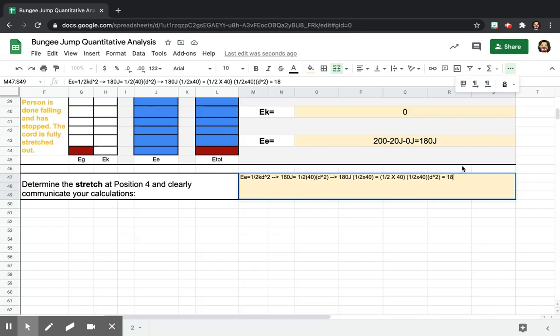So 180 joules, 1/2 times 40 equals d squared. That's what I'm left with. Sorry, I forgot to break it up like this. Okay. So I have that, and then now I can start doing